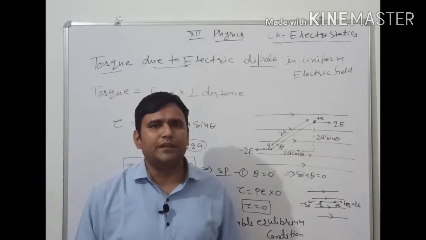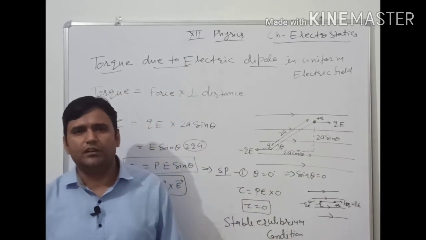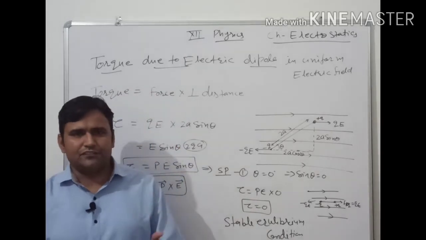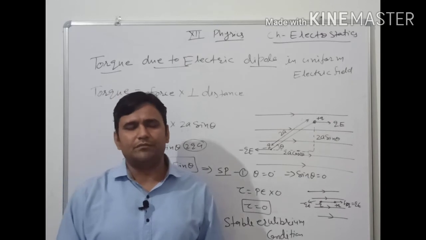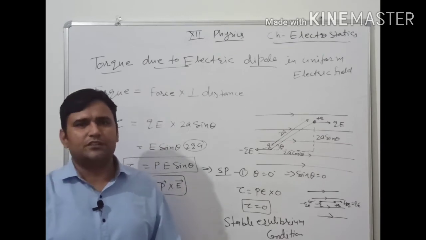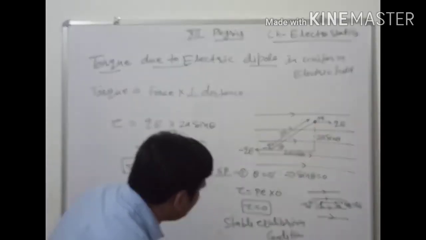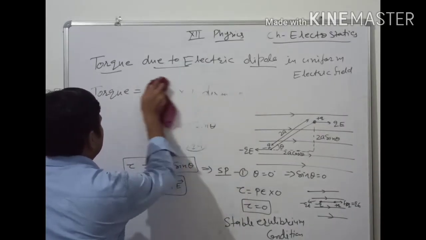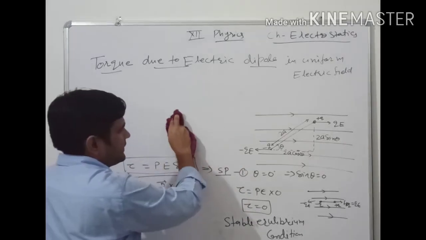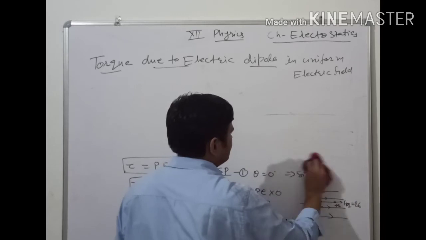Sometimes in examinations it is directly asked in the formulations, explain the conditions of the electric dipole or the torque due to electric dipole for the stable equilibrium conditions. Next we will discuss the unstable equilibrium conditions. Okay, it is clear, right, to everyone? If there is any doubt, you can write your comments in the comment box. Okay. Next we will move on to the next case, our basic formulation, PE sin theta, and we are going to use these formulations in these terminologies.